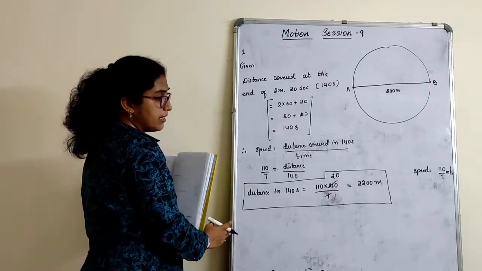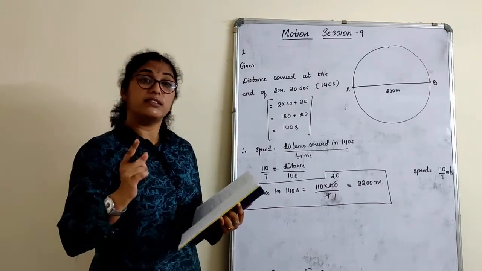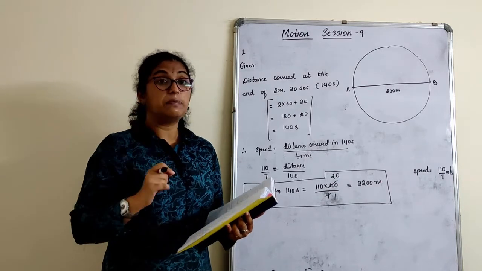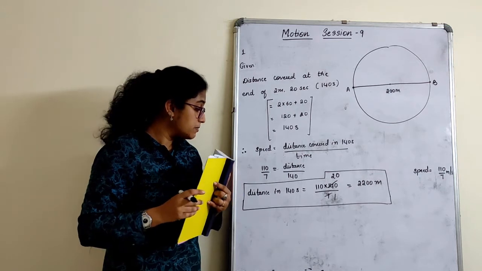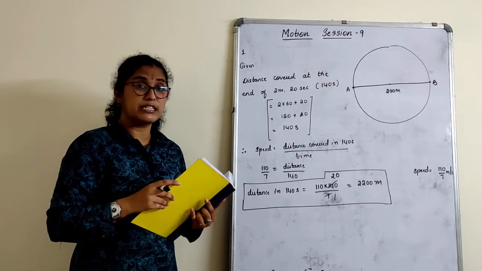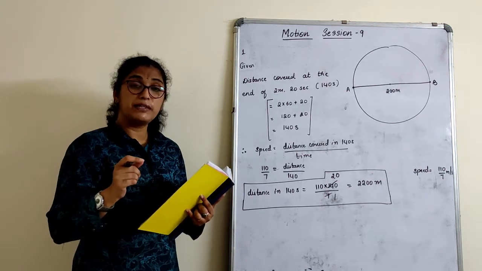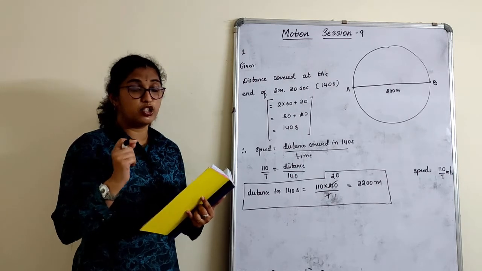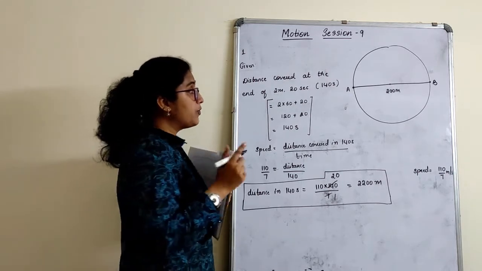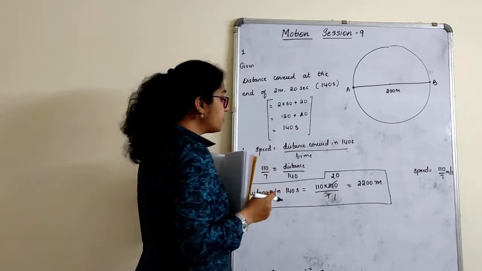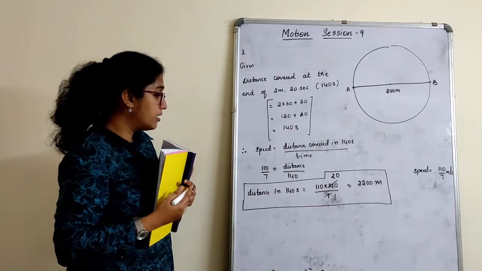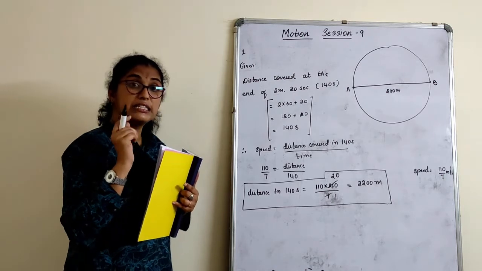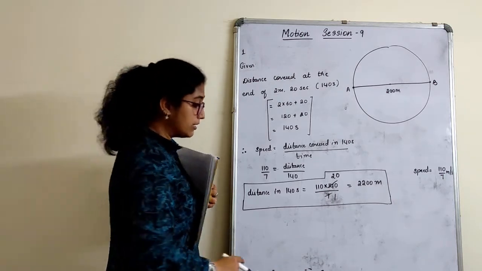I hope this is very clear. We calculated only distance now, yet displacement is there. But to calculate displacement of a body in 140 seconds, we know that displacement is the shortest distance between initial and final position. Now we know that one round takes 40 seconds. That means for 140 seconds, how many rounds we have to first of all calculate.